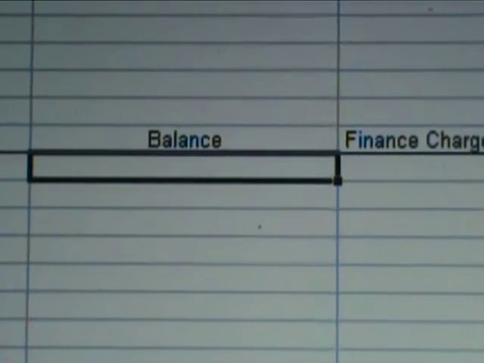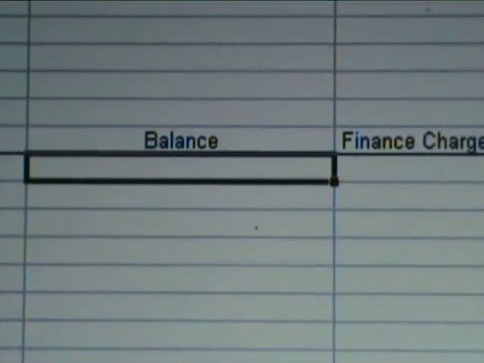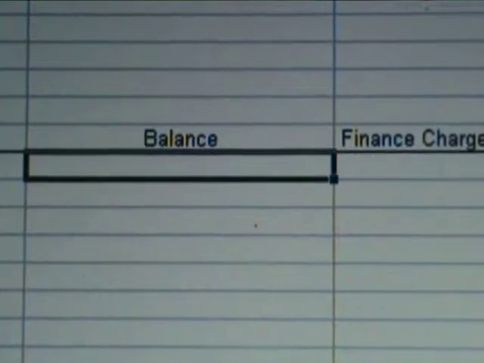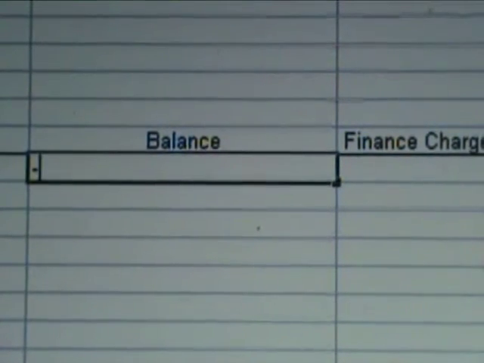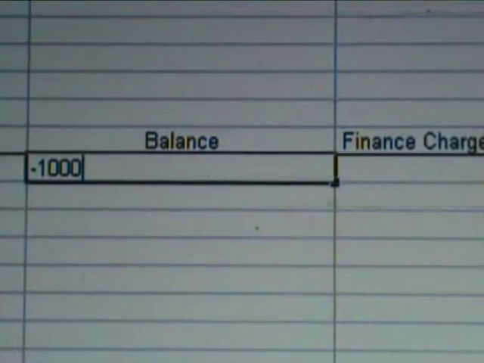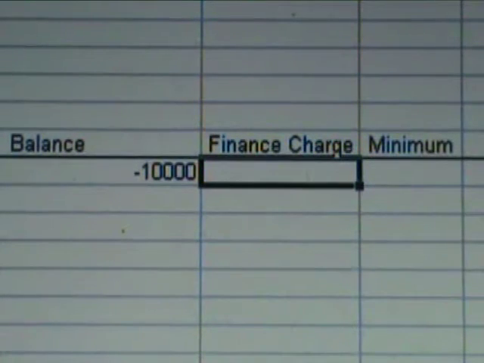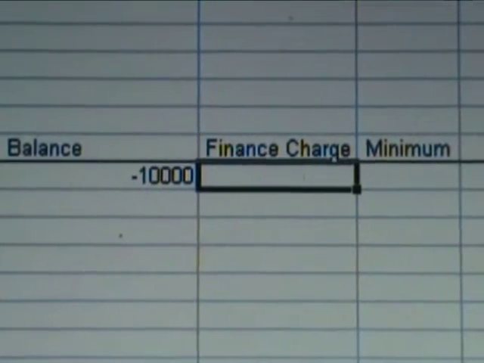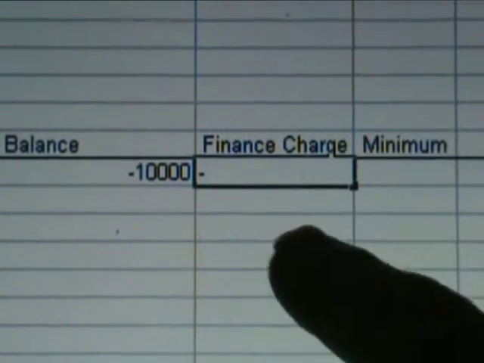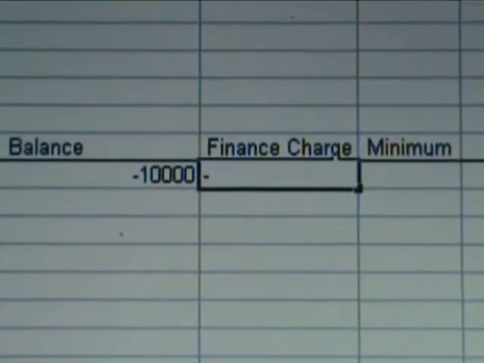Because if it's a debt, it is something you owe, so you have negative, let's say, $10,000. I don't know. Then you put in your finance charge. Well, the same thing, you want to start that with a negative, because that number is making that number grow. So we have